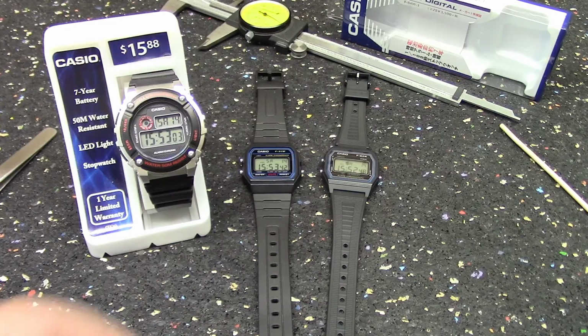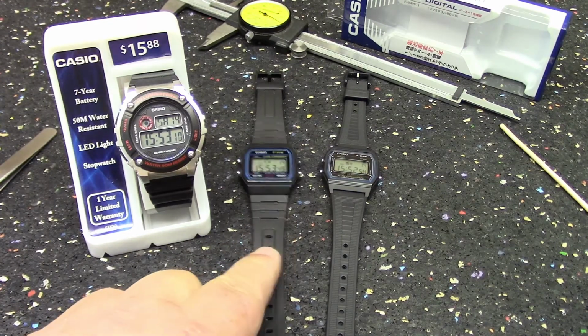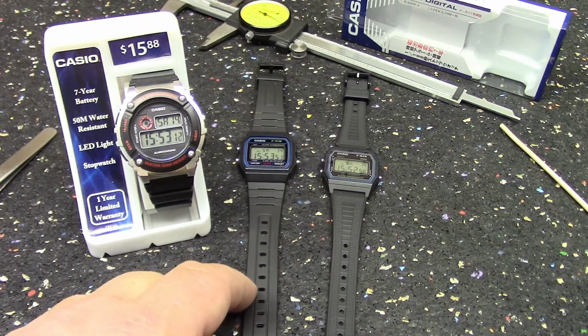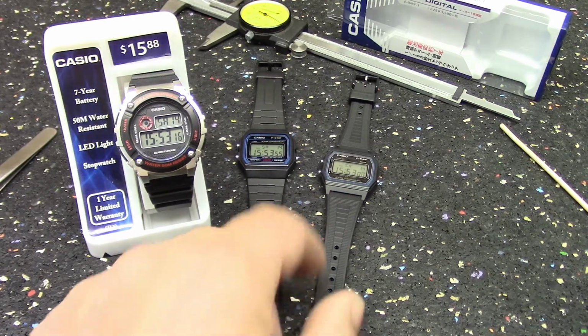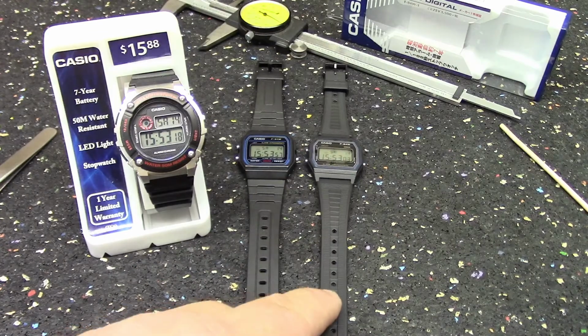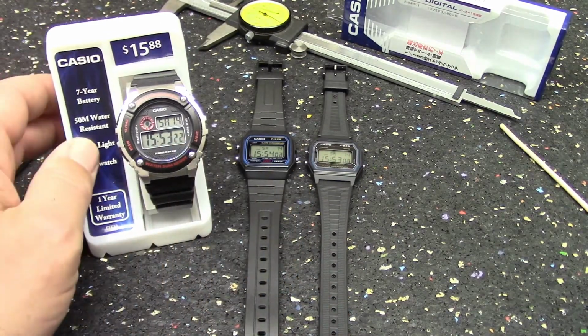All right, guys, so here they are. We've got a pretty representative selection of Casio 3-button digitals. Of course, the F-91W, with which we are already all so familiar. Its Japanese domestic market equivalent, the F-84W. And this is a model called the